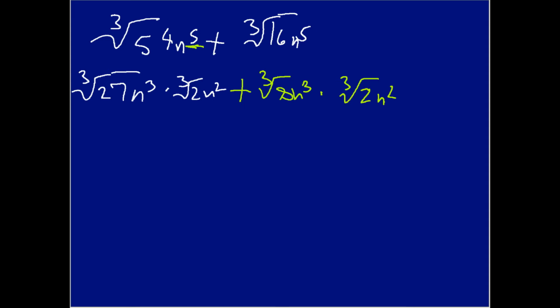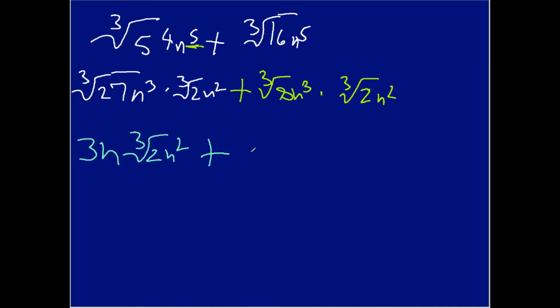So you can tell that I'm getting close. So let's keep going here. So what's going to happen? This is going to reduce to 3n. I just explained that. What's happening here? The cube root of n to the 3rd is going to be n, and the cube root of 27 is 3, times the cube root of 2n squared, plus, here we go over here, same experience, this is going